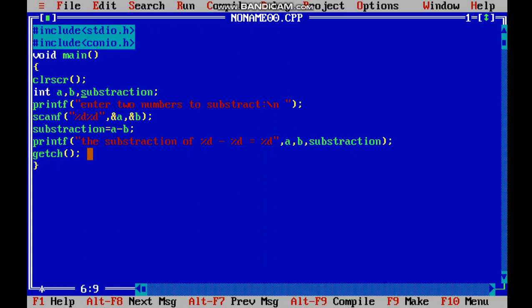When we press Alt F9, success, Control plus F9, see this screen is coming. We entered 5, now minus is inbuilt, minus 8. So the result we are getting is the subtraction of 5 minus 8 equals minus 13, and the screen is still there, right? It is not exiting unless we enter any number. So in order to keep the screen, we put getch, or else it would exit as soon as I hit enter after 8.